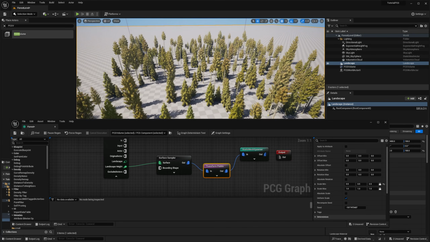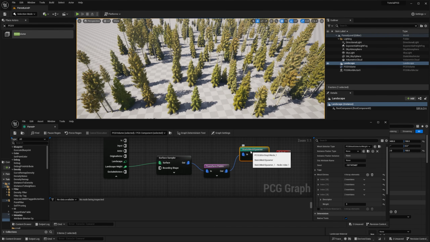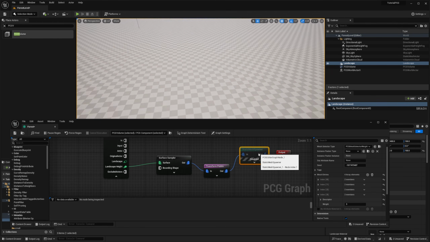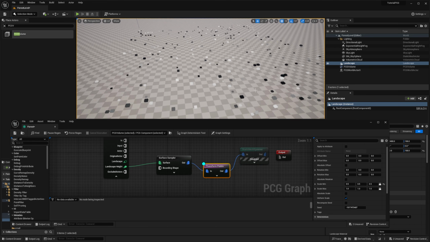You have seen the difference, but we can also see this in debug. If I press E to disable the static mesh spawner, and then I press D to debug the transform point, you can see the boxes have different sizes. So you have some that are bigger and some that are smaller.